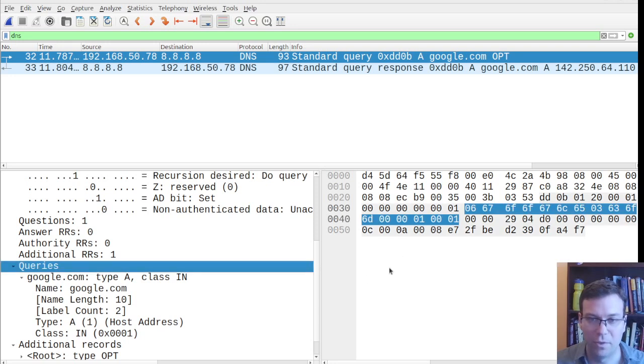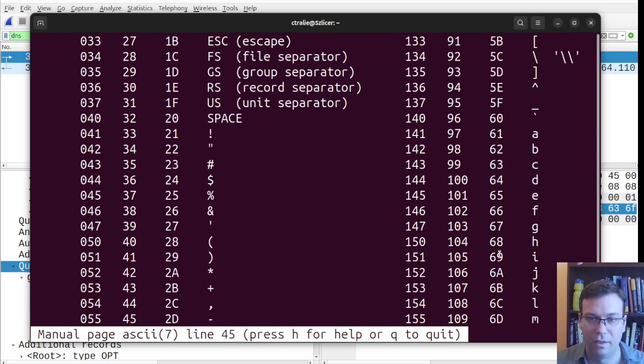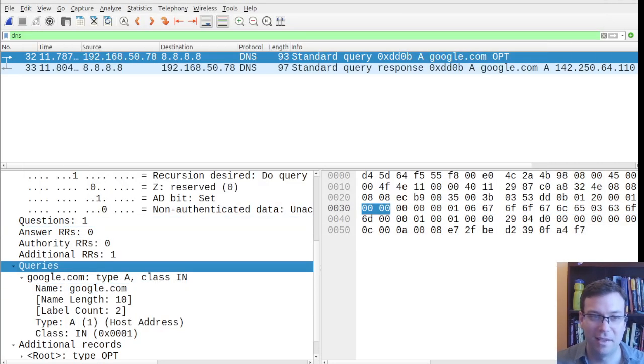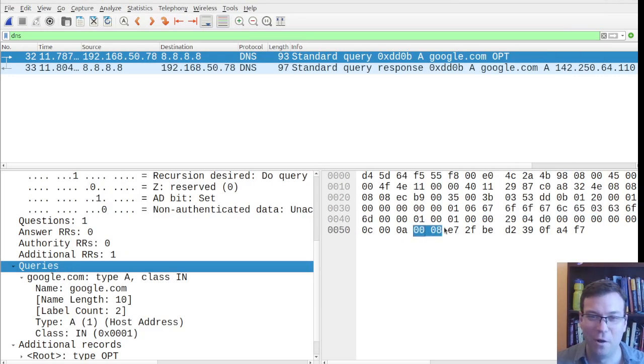So first byte here was 6, and that says, okay, the first part of the URL that I'm trying to resolve here has 6 characters. Okay, so hex 67, what's that? Hex 67 is a G. Okay, good. G for Google, right? Then we see hex 6F, and hex 6F is an O, and I see 2 of those. Okay, so anyway, hopefully now you're convinced that what we're seeing here is 6 characters, GOOGLE,